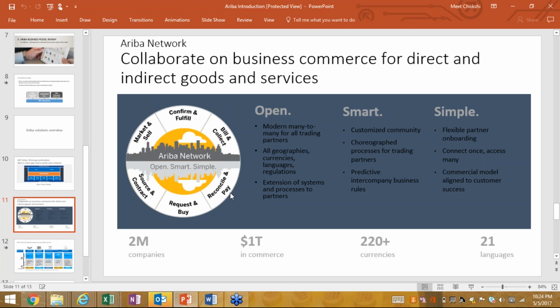So imagine why everyone is moving to the cloud. What is the advantage? You have 2 million companies already on the Ariba network, buyers and suppliers both, so that much volume of transactions is happening in the Ariba network.